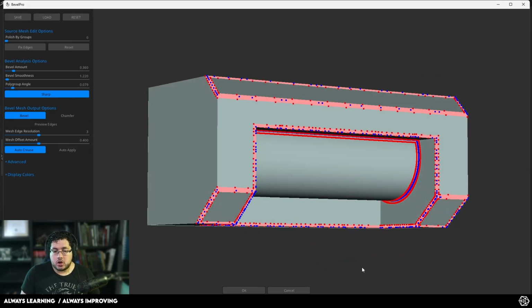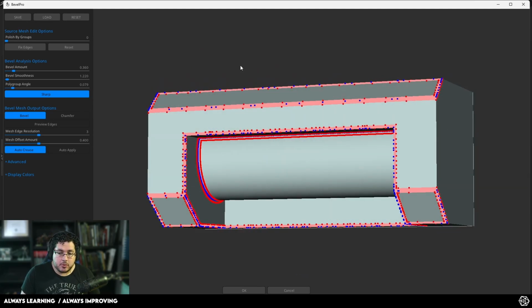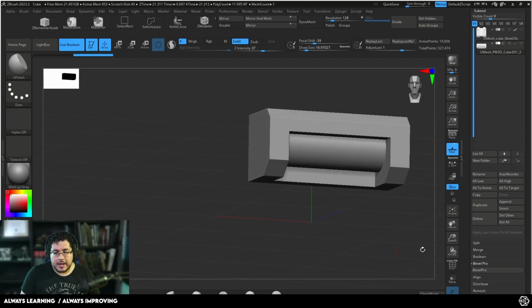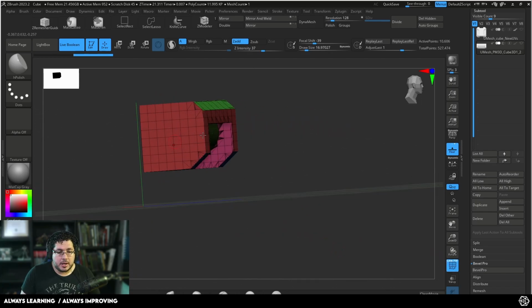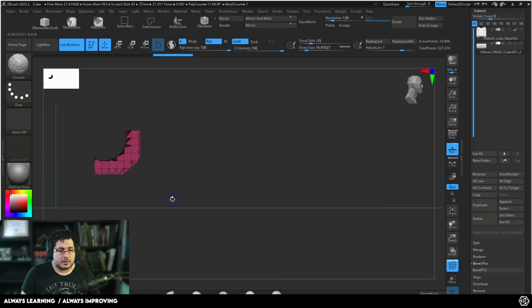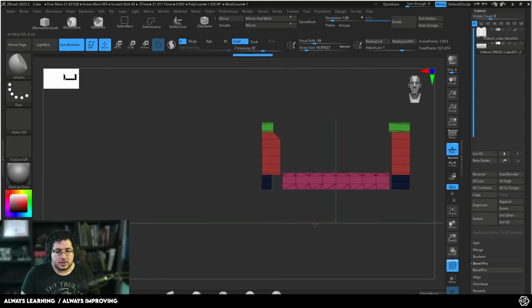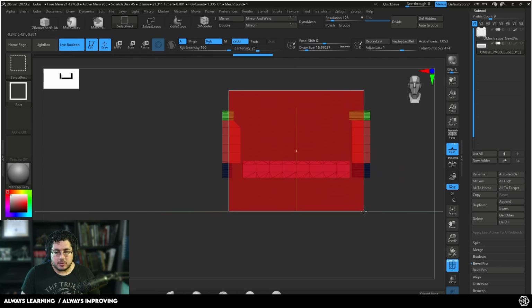So since this original cube was made out of all the same edges, we're getting the same sort of bevel. If we want those edges, we need to go back. So I'm going to hit cancel, and we need to go to the polygroups and find a way to make sure that all of these faces have the same polygroup, which is fairly easy. We just press Ctrl Shift, switch this to select rect. We're going to hide these faces and these back faces, invert the selection, and then hide all of these ones